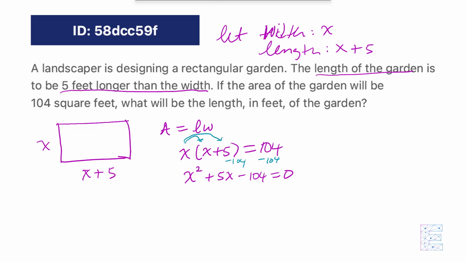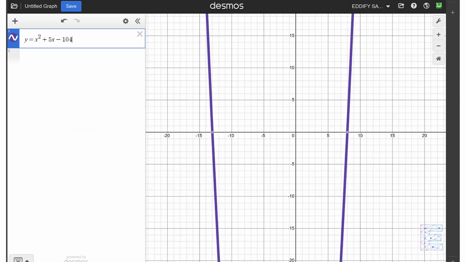Now we have a quadratic equation that we can solve using any number of ways. If you want to waste your time, factor this by hand. If you want to save time, go to Desmos and graph it, or you could plug this in your calculator. But let's use Desmos for the purpose of this. Okay, so go ahead and type in that equation in Desmos like that, and where the graph crosses the x-axis,